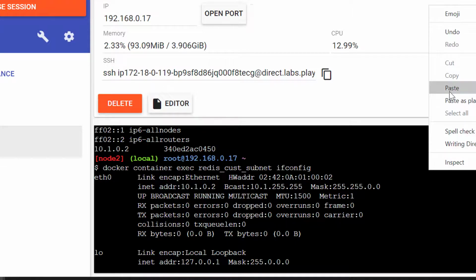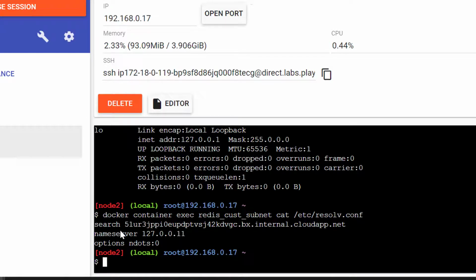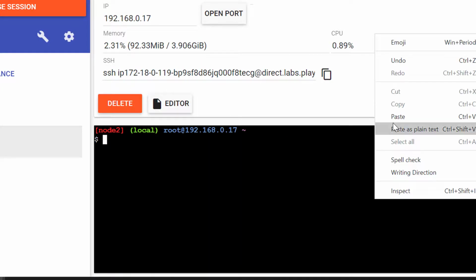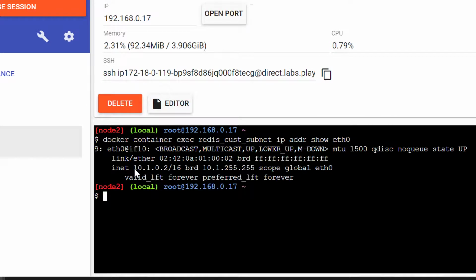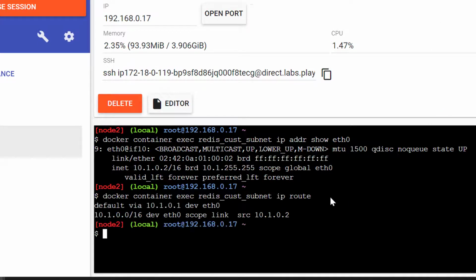And let me see the details about the resolv.conf file, where it has the entry for the name server, the default name server of Docker. And if I look into the details about the eth0 adapter, it should have the details on the IP address that got assigned to this specific container. So we do have all the details on how it was created for a normal container and how that gets attached to a custom network.